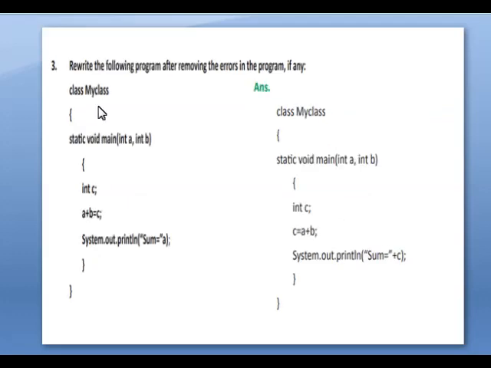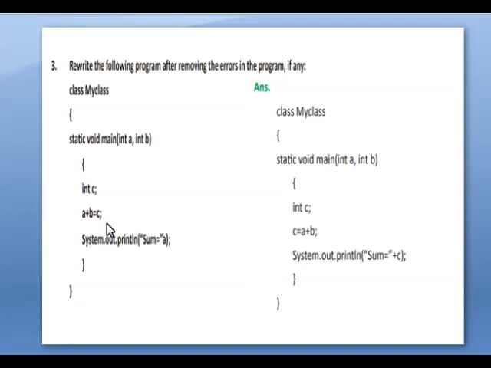So the third one is here also no initialization of variables, but we are using the parameterized constructor here, int a, b, then int c. This is also correct. Then c equal to a plus b equal to c. If we write like this in mathematics, it is okay, a plus b equal to c.